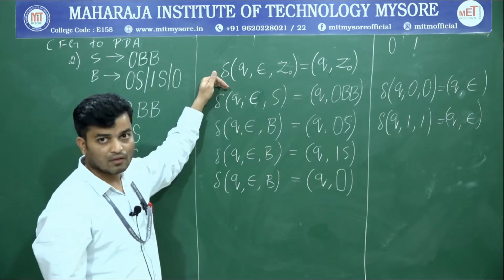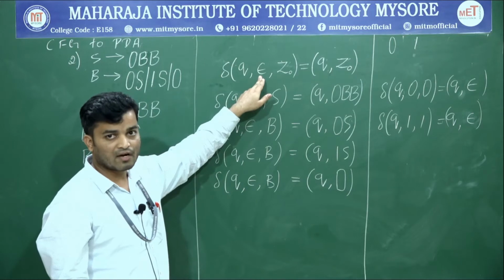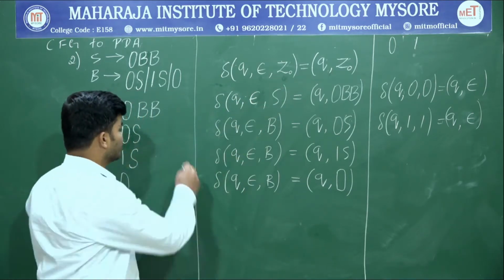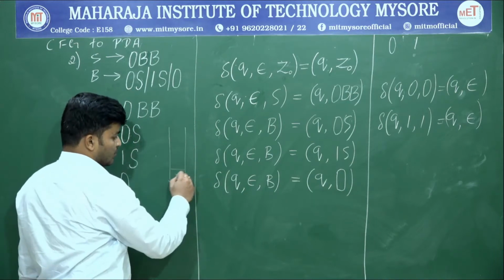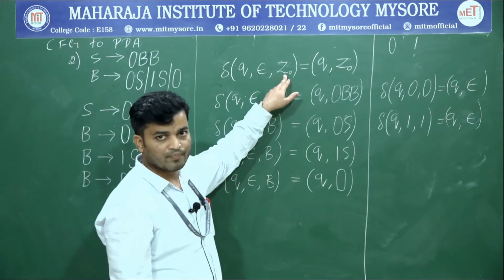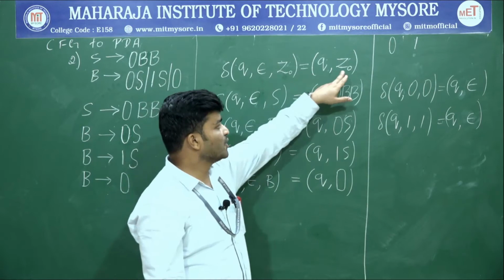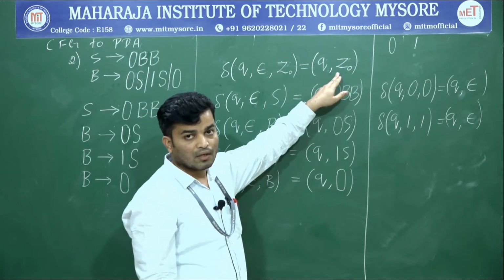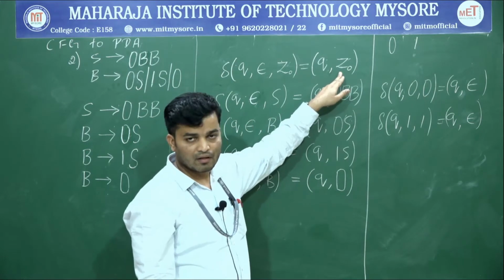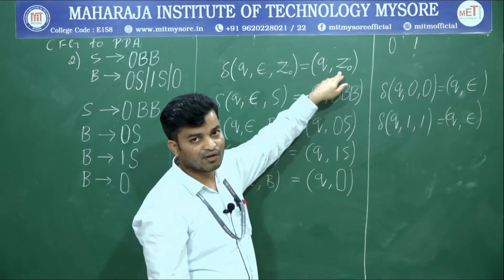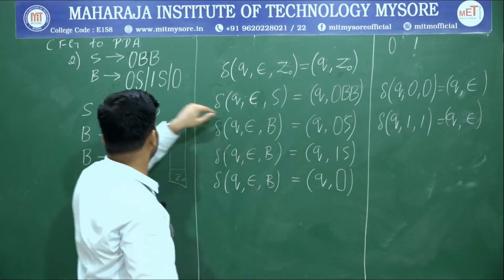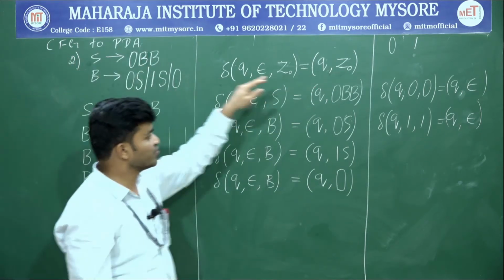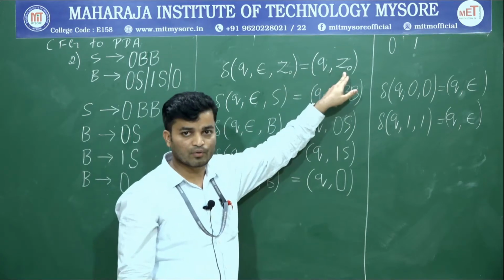What's the first transition? Since we don't know the input, we write epsilon, and the top of the stack is always Z0. That is the reason we write Z0 over here. And we are going to perform a push operation. If we push this one again, we get Z0. Some textbooks write Z0, some textbooks use the start symbol. What's the start symbol for this given context free grammar? Yes, either you can write Z0 or S, that is up to you.